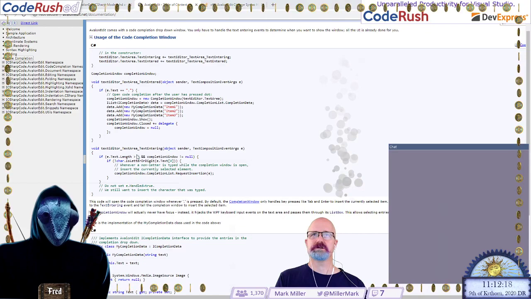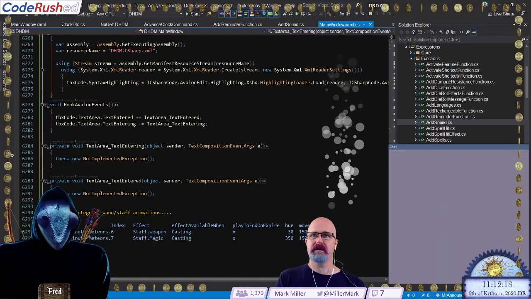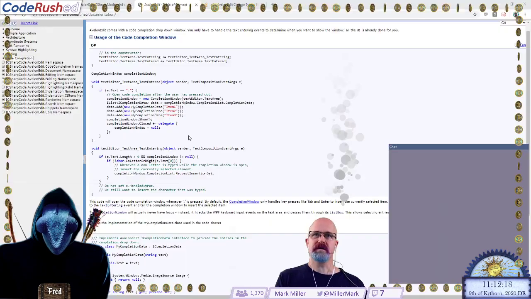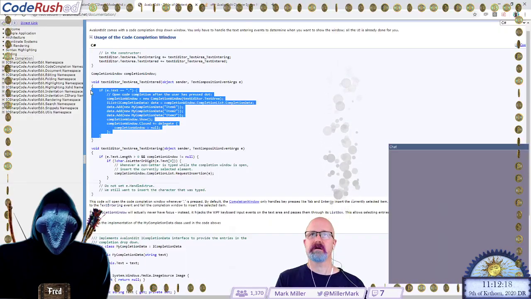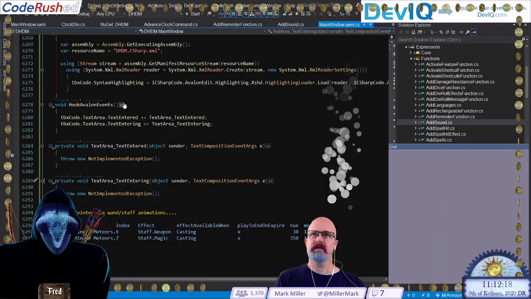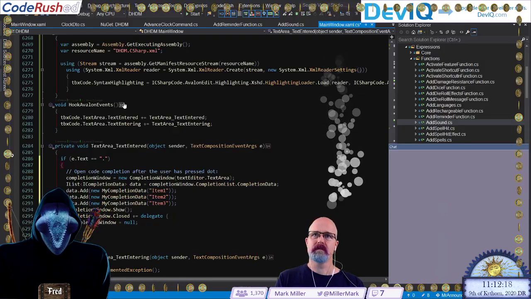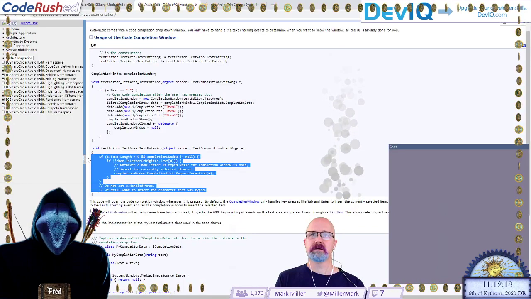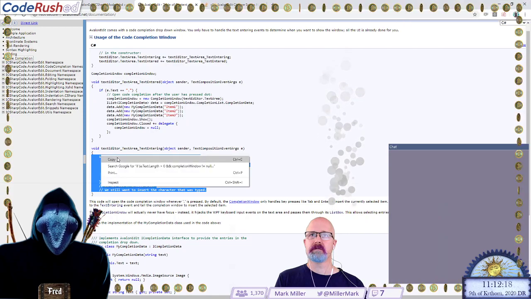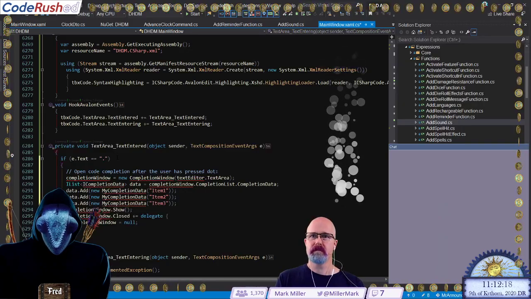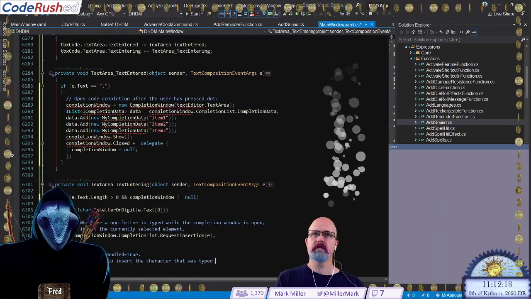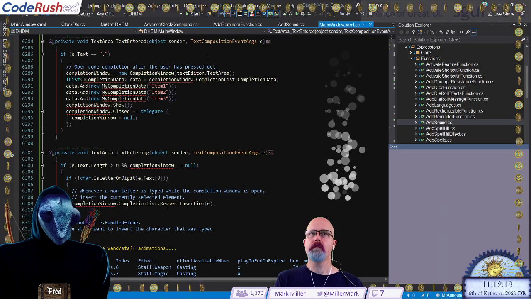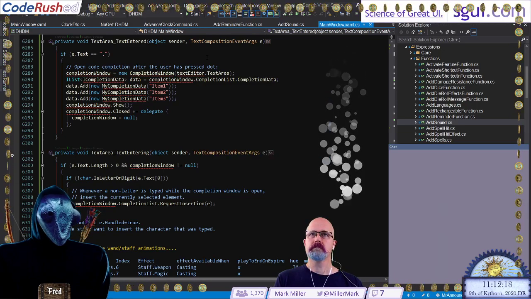I want to switch these around just so they are the same as what we're seeing over here. Copy, paste. I really like the way these examples are fairly simplistic, but without being so simplistic as to not be useful. What I mean by that is that they will clearly function, but ultimately we will need more, because you can see right at the top there it says if e.text is a period. Well,